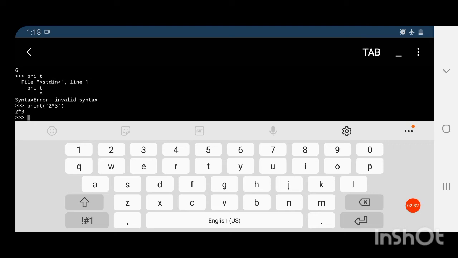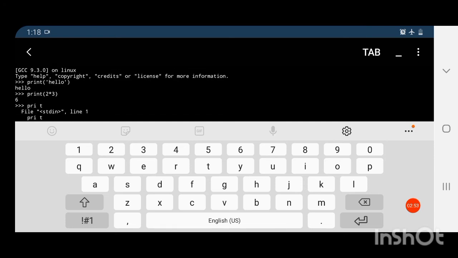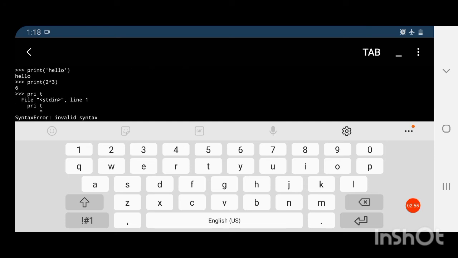It is printed as it is, because in the print function I have enclosed this 2 into 3 in single quotes. So it is considered as a string, and whatever is enclosed in single quotes will be printed as it is. So it will not be evaluated. If we want to evaluate it, we have to give it without single quotes or double quotes.